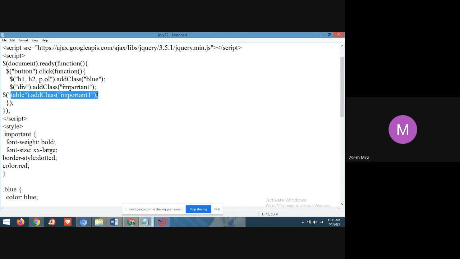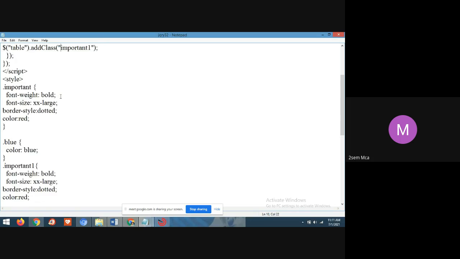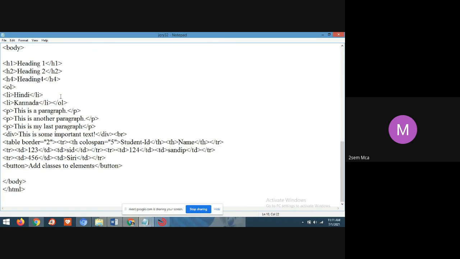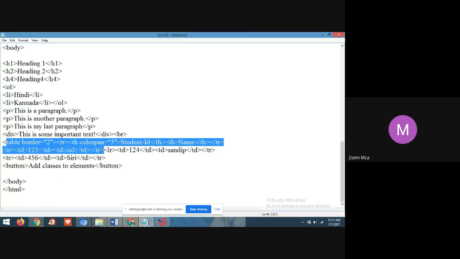And one more thing I have added here, students, I have taken a table. Yes, can you see this? This is the table tag. In this table tag, I'm taking some student information, that is name and student ID.